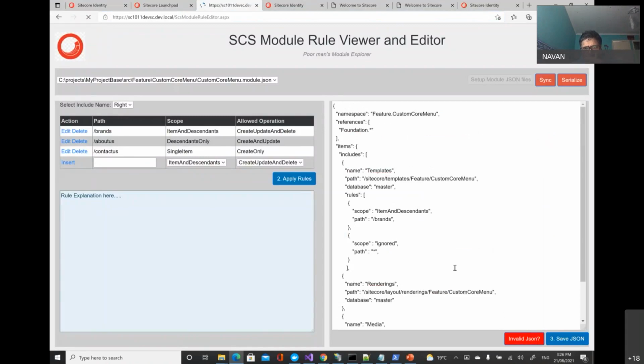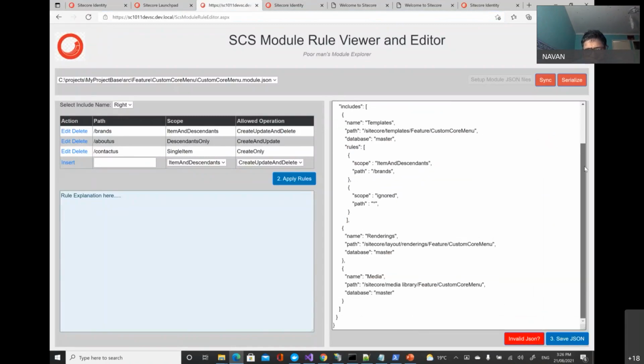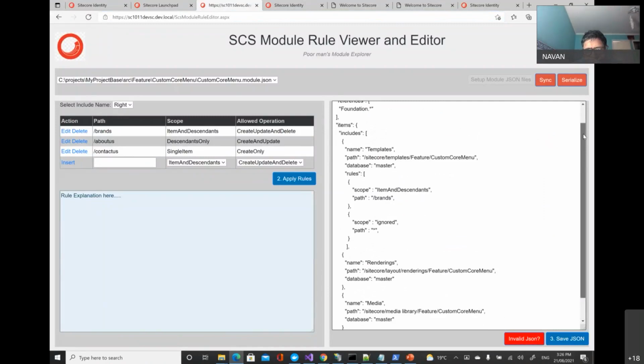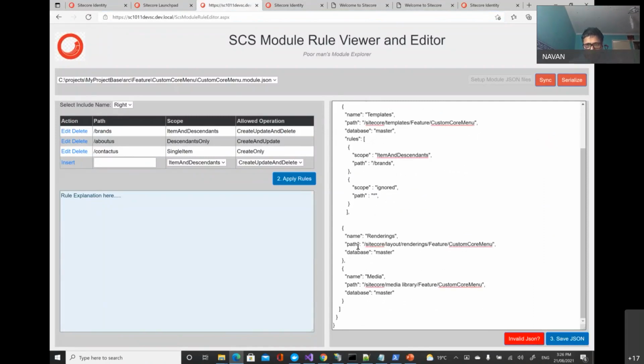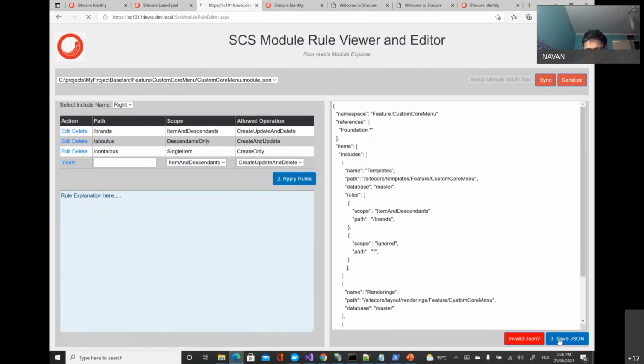Yeah, it's invalid. But what is invalid? Maybe we need a way to track what is in. Yeah, okay, this is not closed properly. I probably deleted it. So now I save this.